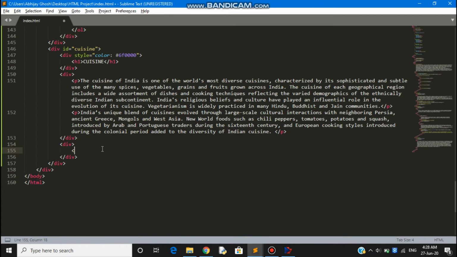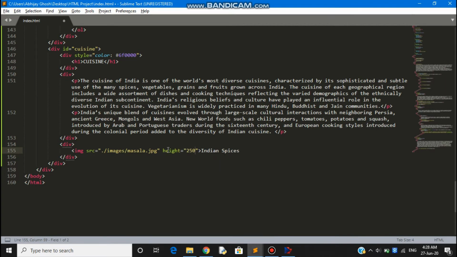I have a few images over here of food: dosa, kebabs, masalas and a North Indian platter. So one by one we add the images and give a description to each. For the first image, for example, I have given the path /images/masala.